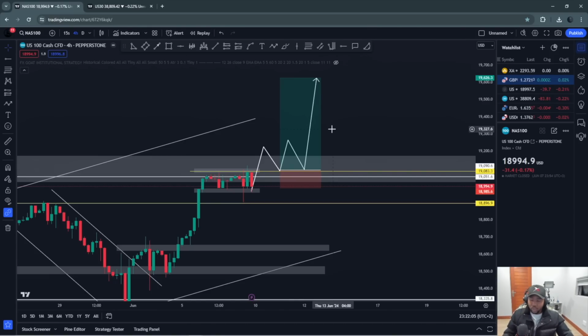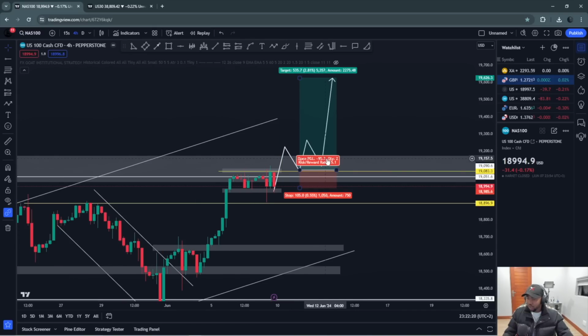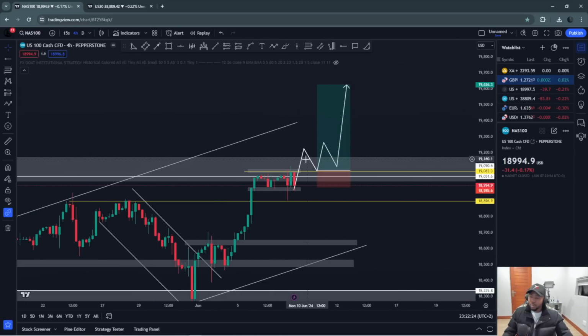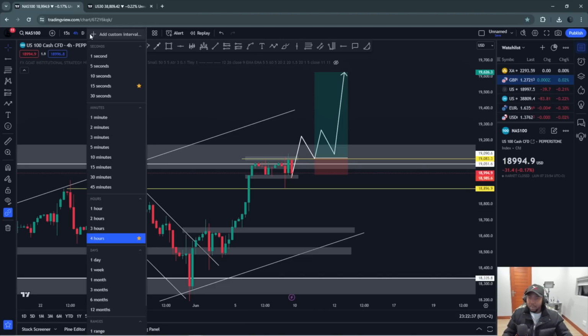So for me to enter my buys, guys, I'm simply going to wait for the market to break above and give me a retest. That is when I'm going to start looking for my bullish momentum. That is when I'm going to start looking for my bullish entries. So when it comes to Nasdaq, guys, literally this following week, I am looking to go with buys. However, failure to cross above this resistance point that we have here in our consolidation,